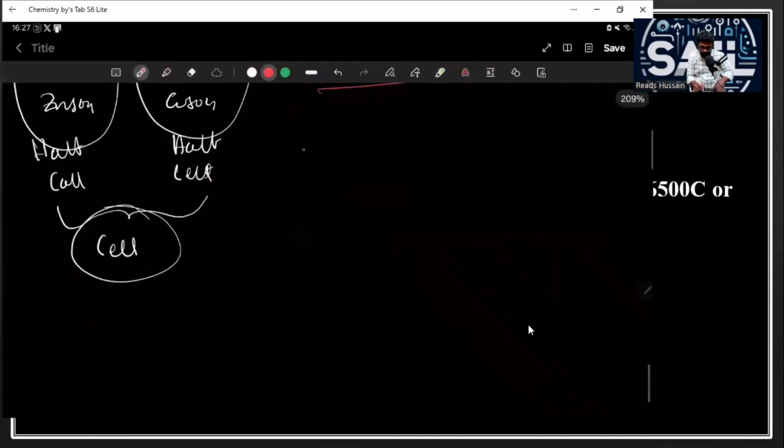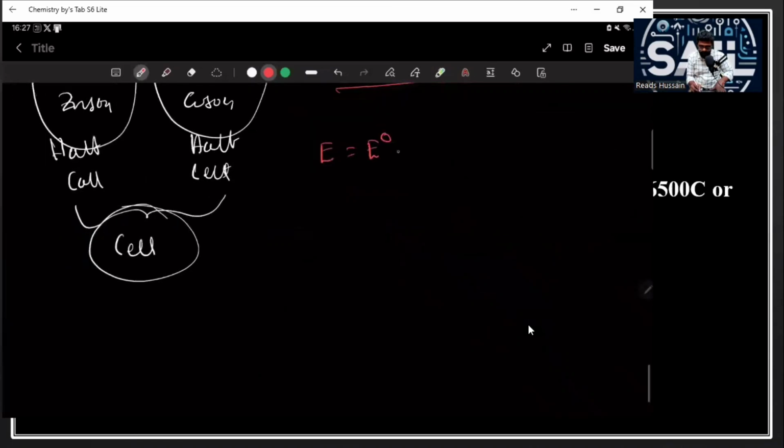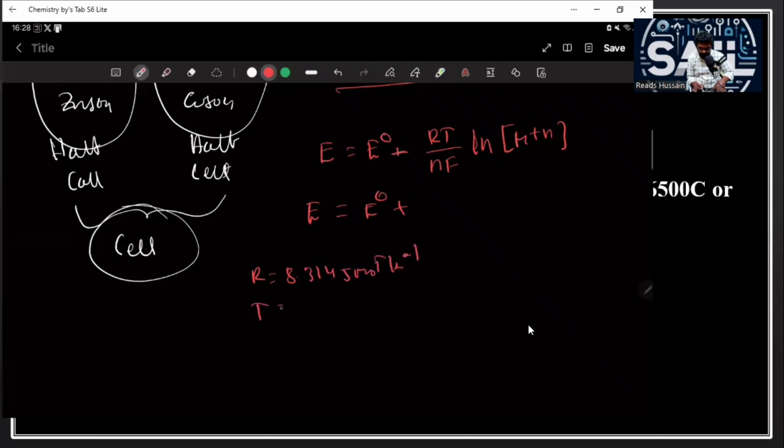Once again, I am going to write here E is equal to E naught plus RT by nF ln molar concentration of M plus n. This is the formula you have written. Now I am going to modify this. Here the R value is 8.314 joule per mole per Kelvin, temperature is 298 Kelvin, and F value is 96,500 coulombs. If I substitute all these values, we will get